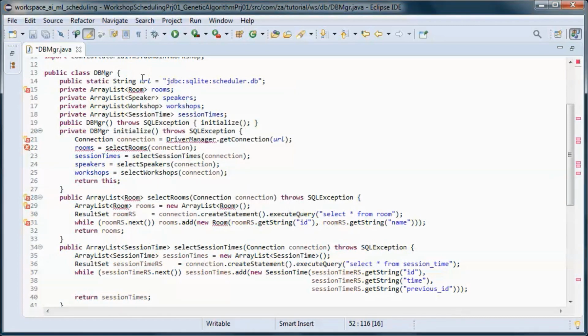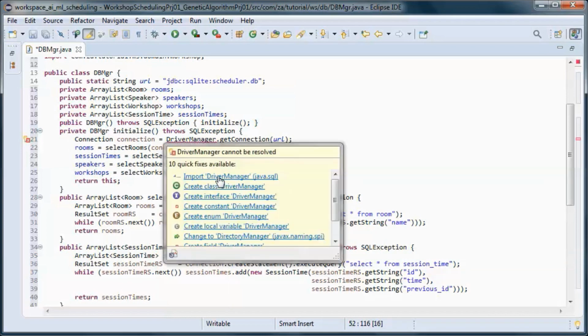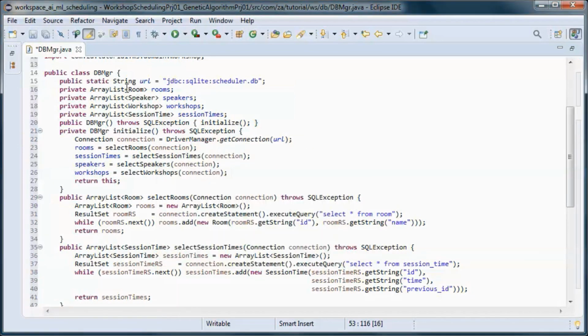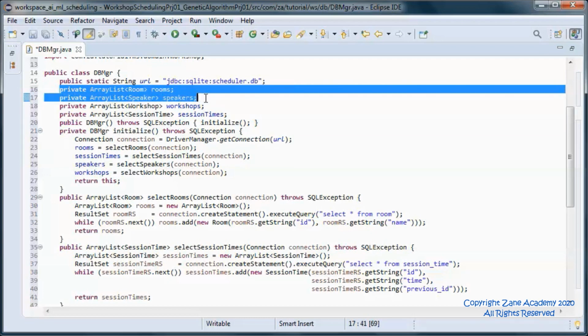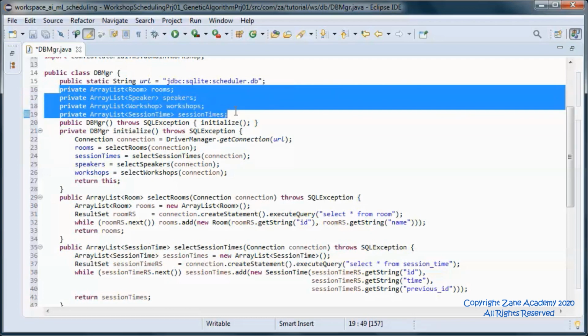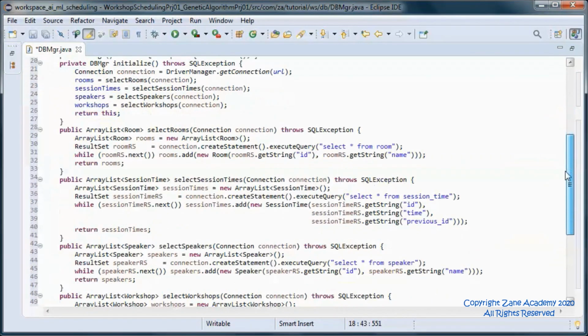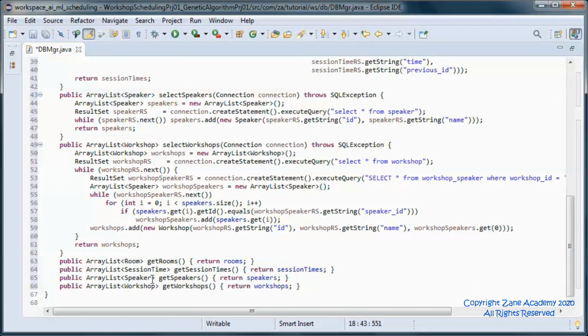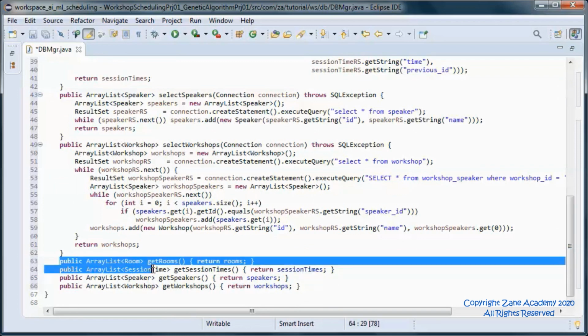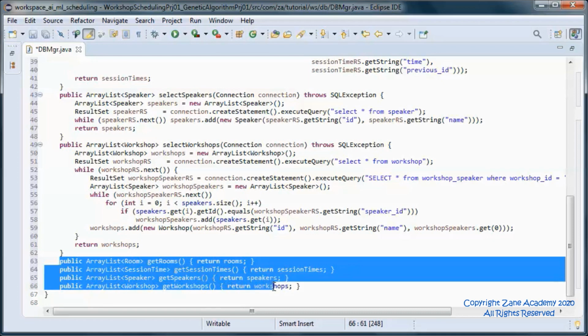and it populates the domain objects. So the rooms and the speakers and the workshops and the session times. Initial data that this application is using. So here we have get methods for all four: rooms, session times, speakers, and workshops.